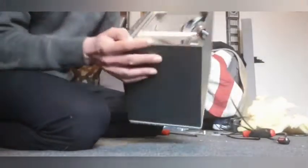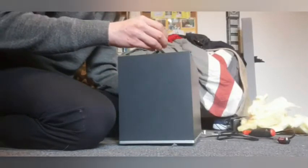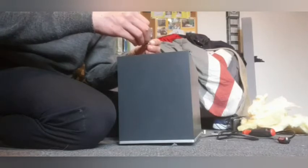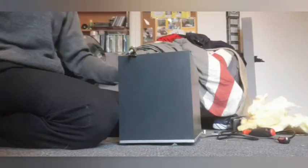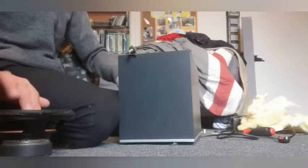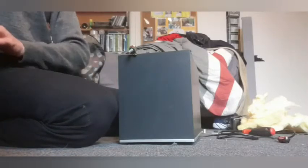There's the amplifier where the wire is, and the potentiometer. The potentiometer is actually what controls the bass. There's the movement of this. The volume of the...